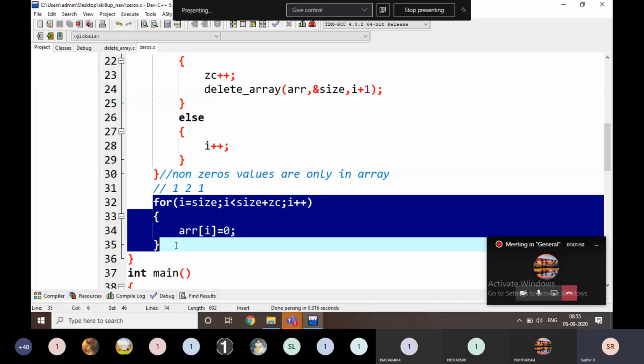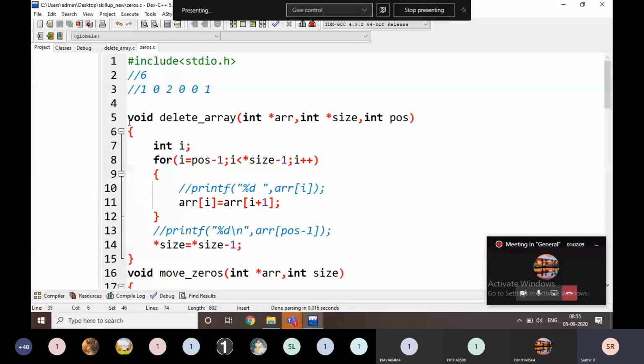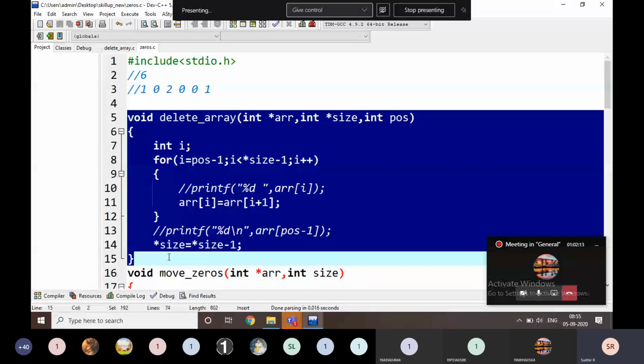There are no changes at all. As we wrote the delete array before, we write the same functionality here also. There is no need to write a new one.